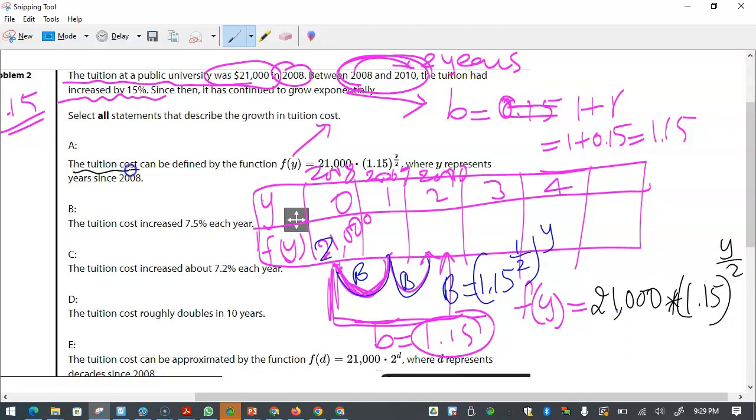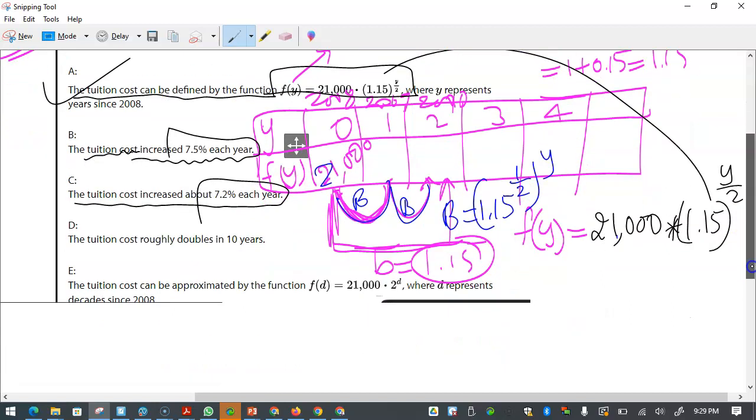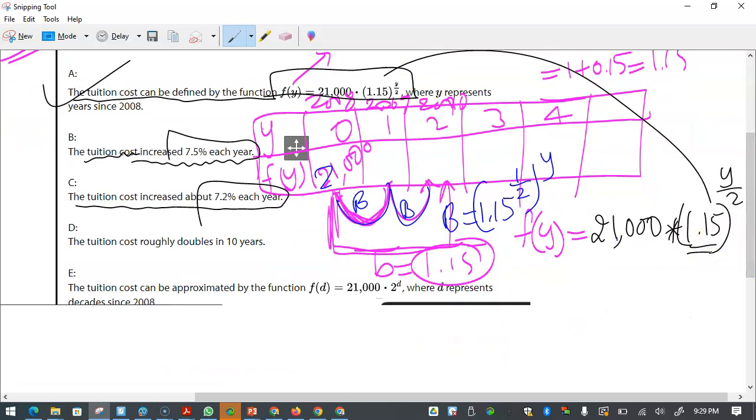So first question, the tuition fee cost can be defined by, yeah, absolutely correct, and that's what we did right here, right? So that's correct. The tuition fee cost increased by 7.5, and here the tuition fee increased by 7.2%. So what we have to do is figure out what this part is. See, what factor is that thing? If you use your calculator, this is the factor every year. So when you work this out on the calculator, you end up getting